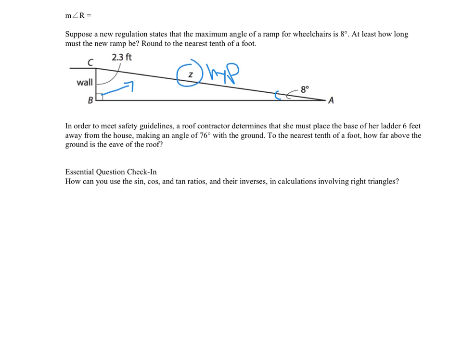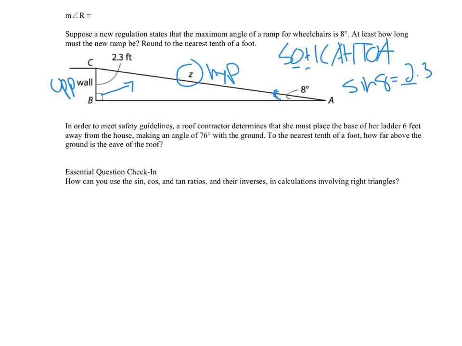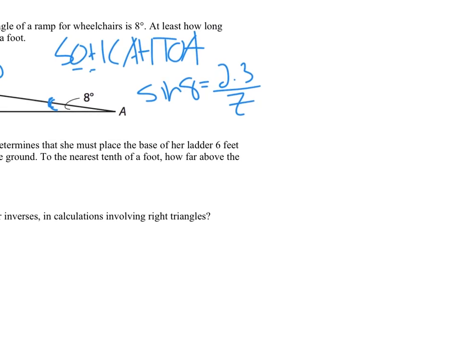And in relationship to angle A here, that is the opposite. So opposite and hypotenuse, think TOA. So we have opposite and hypotenuse, so we're going to use sine. So then sine of 8 equals my opposite, which is 2.3 over my hypotenuse, which is labeled as Z. And then to solve, multiply by Z, and we get